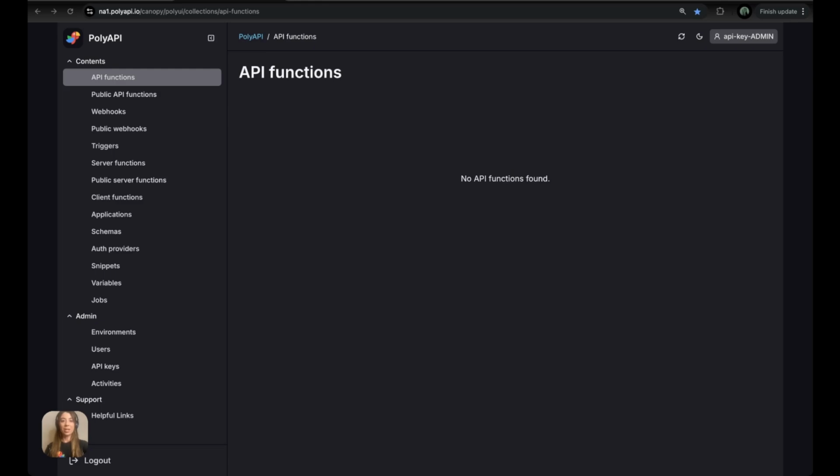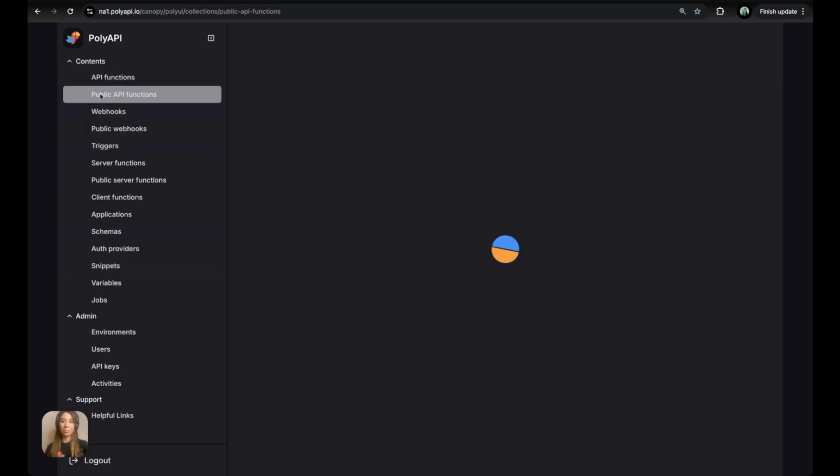After logging in, the main content area may display a message like No API functions found, indicating that no functions have been created yet through training of your APIs. We'll cover this in a future demo. For now, let's go ahead and explore the sidebar menu where we can view and manage APIs, webhooks, triggers, and more. If you click, for example, Public API Functions,